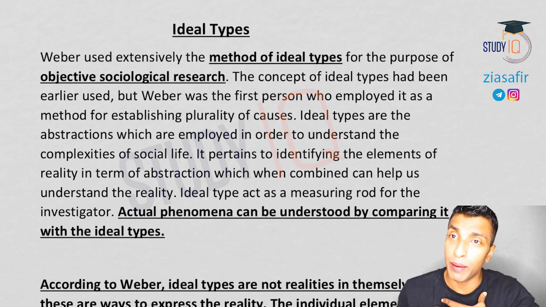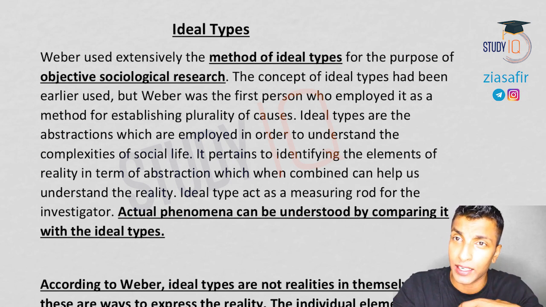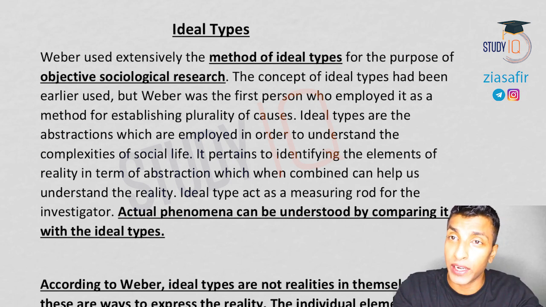For example, I am doing a social action here, so I have given you the conditions for social action. There should be an action, it should be having certain meanings which is attached by the actor to the action, and it should be oriented towards some other person. So this meaning has to be identified clearly so that you can establish the cause and effect relationship according to Weber. And he proposed methods like Verstehen.